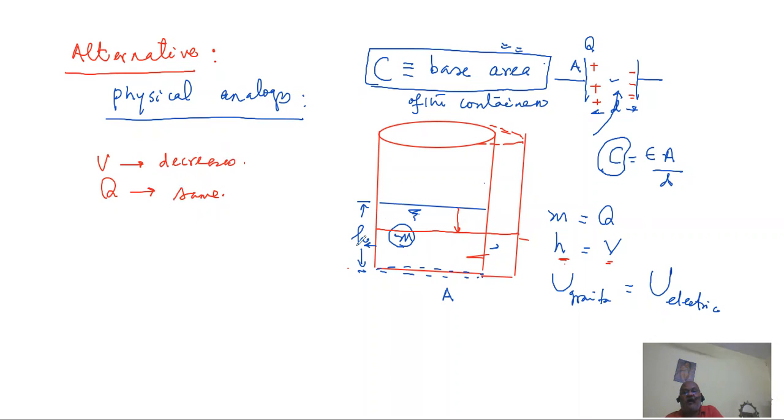And about energy, we know the liquid has a potential energy in the container that is mg into h by 2. It is not mgh, it is h by 2. All the liquid molecules are not at the top. You have to take the height of the center of mass. Because m remains the same, g remains the same, but h decreases, the next conclusion is that potential energy decreases.